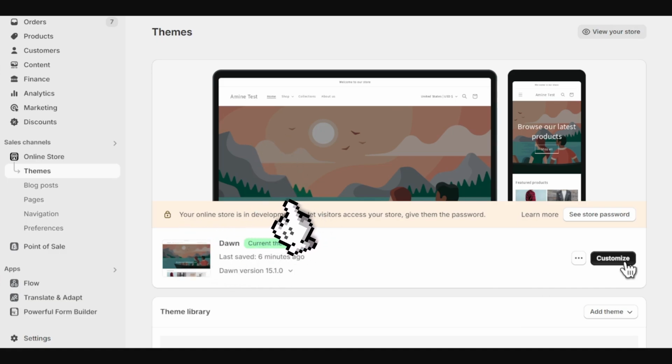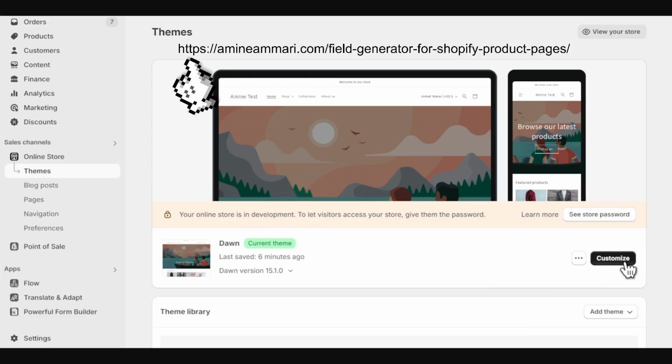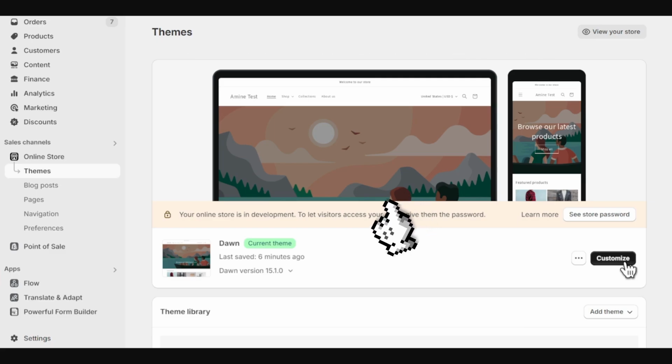Okay, and you need to open this direction in your browser, and in this link you're going to see a web page that will help us to customize or edit or add our multiple image in Shopify web page. Okay, this is easy. The first step we need to do is open our themes